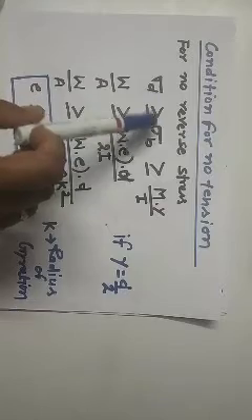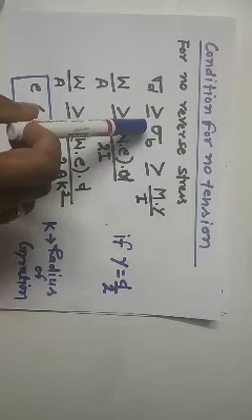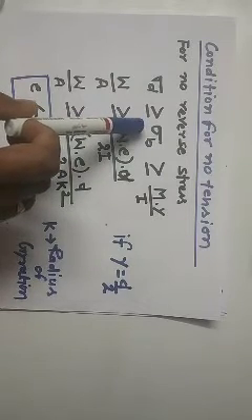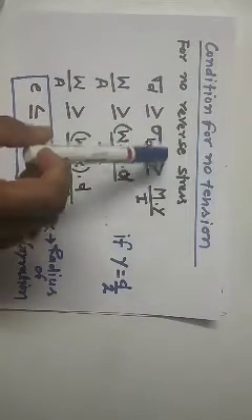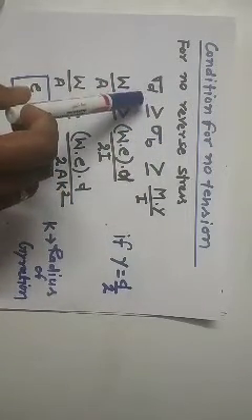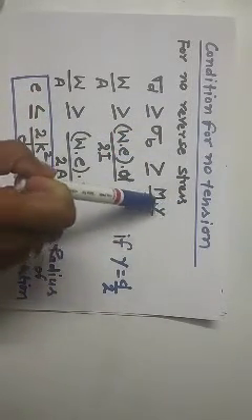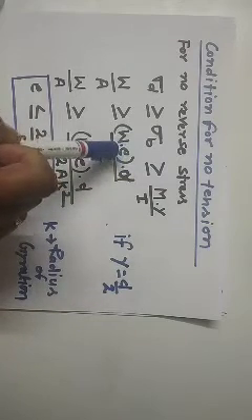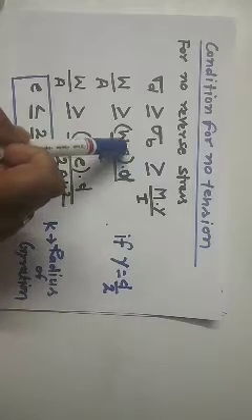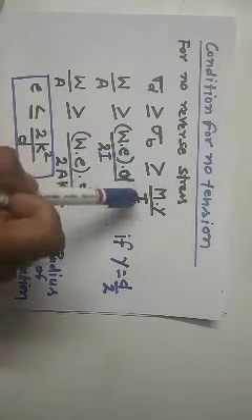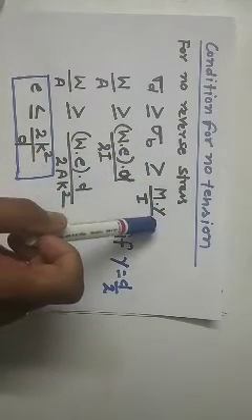concluded that for no reverse stresses there are two possible cases. When sigma d is greater than or equal to sigma b, then there will be no tensile stresses in the section. So sigma b, we know, is equal to M upon I into y. M is equal to W into E, where E is the eccentricity. This load is eccentric from its center by amount E. So M is W into E, and for the value of Y